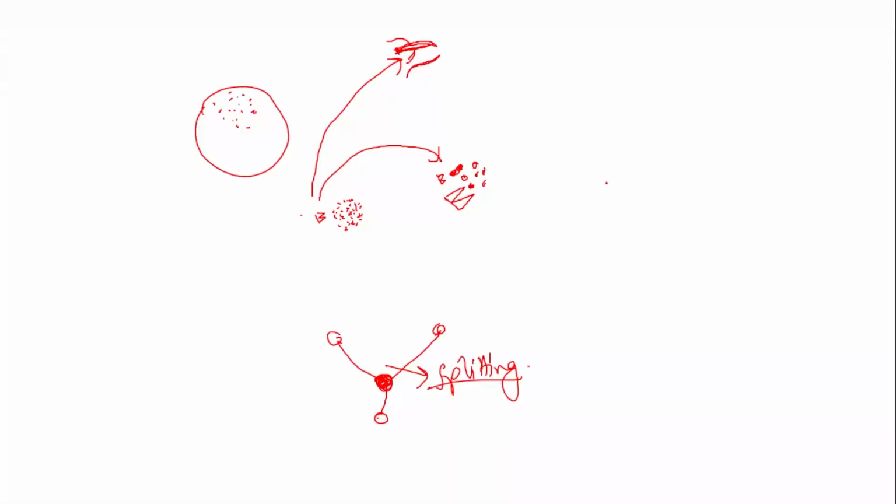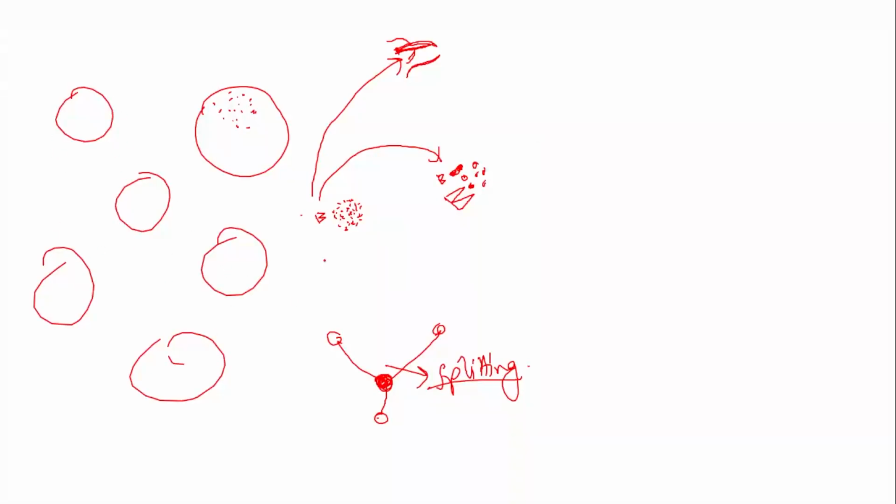A lot of finch varieties were developed on these Galapagos Islands. If you see several islands present, most of the islands will have different kinds of finches present on them, depending on what kind of food is present on that particular island. So this is actually called splitting. From a single finch variety, 40-50 kinds of finches have developed due to change in their habits.